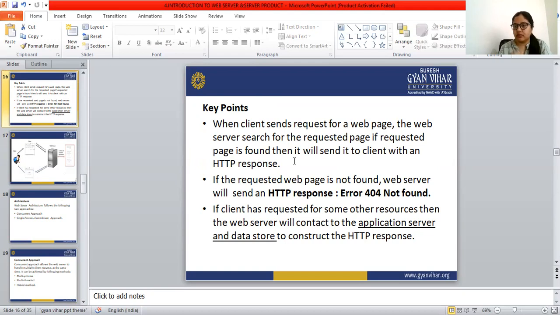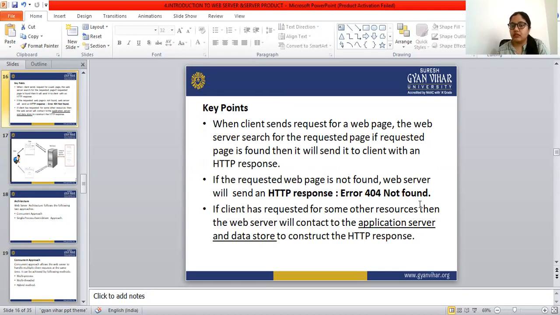When the client sends a request for a web page, the web server searches for the requested page, and if it is found, it is sent to the client with an HTTP response. If the requested web page is not found by the web server, then the web server sends an HTTP response, error 404 not found.